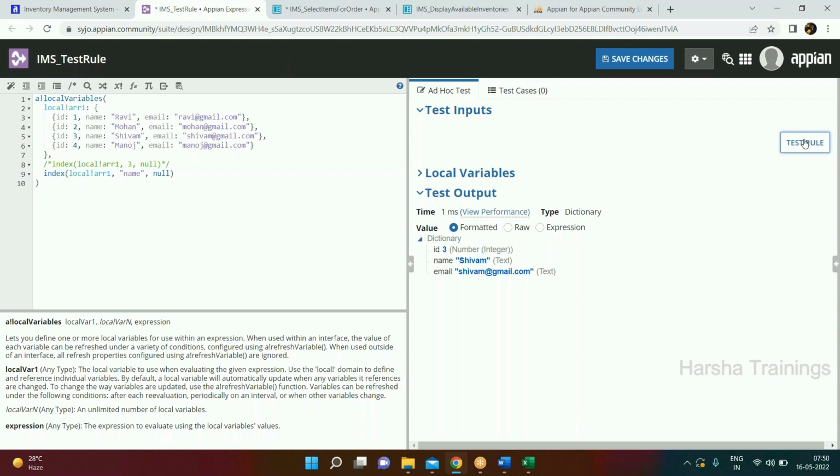So we have not passed any index, right? We are just trying to get the list of the names from the local array. So it will give all the names available for this one. All right. Now,